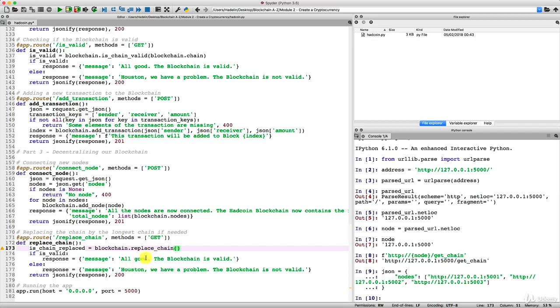But now we want to return two different messages. If the boolean is true, the message will be: the nodes had different chains, so the chain was replaced by the longest one. And if the boolean is false, the message will be: all good, the chain is the largest one. All right, so let's do this. Let's not forget to change the boolean here. It's not isValid, but